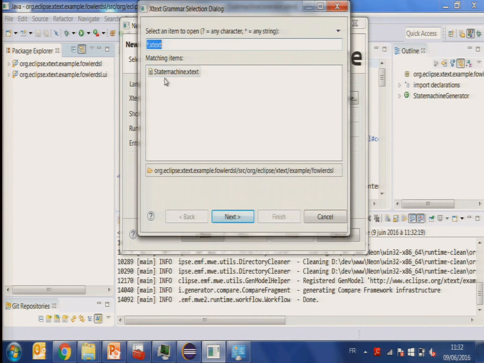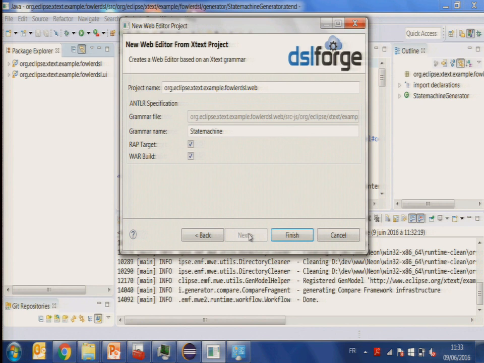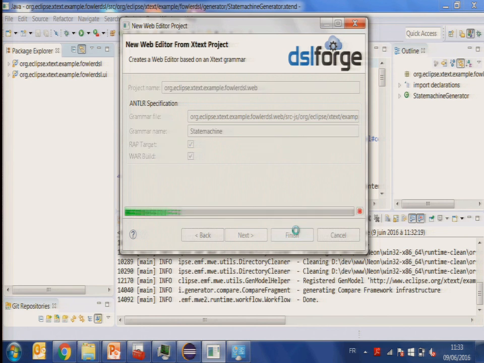I load the Xtext grammar, and I keep the default settings, meaning I want to generate for this language the Remote Application Platform target and the Maven build. The Maven build will output a web application archive that we can deploy on a serverless container.